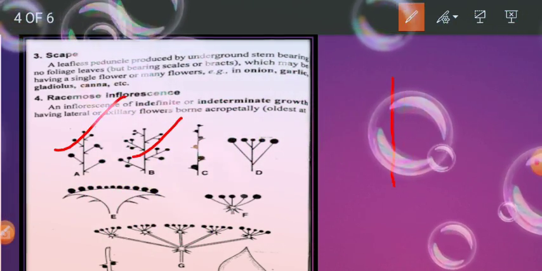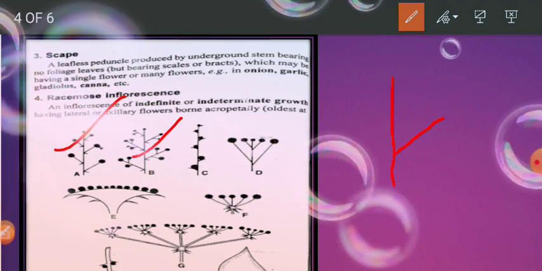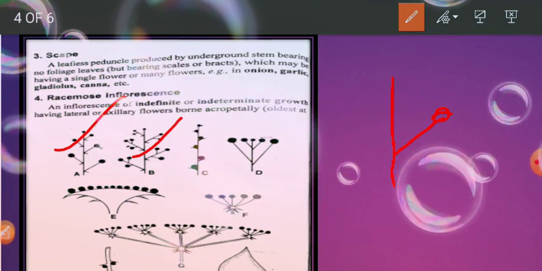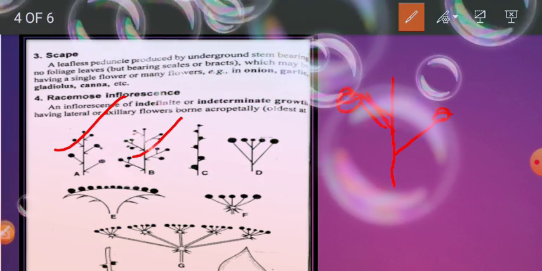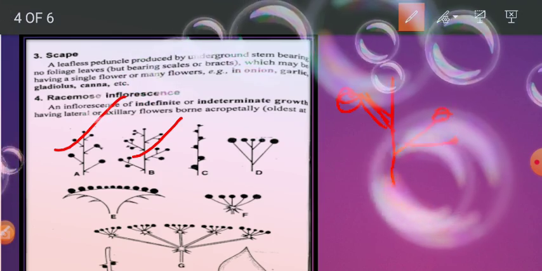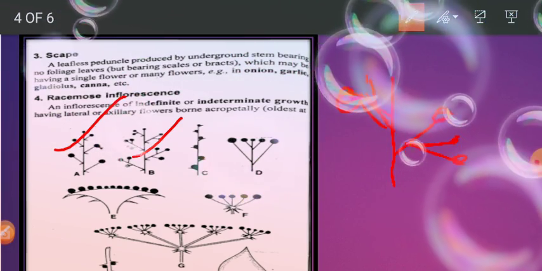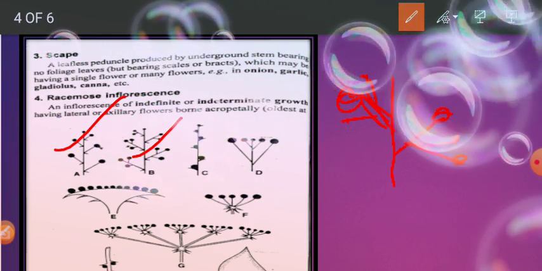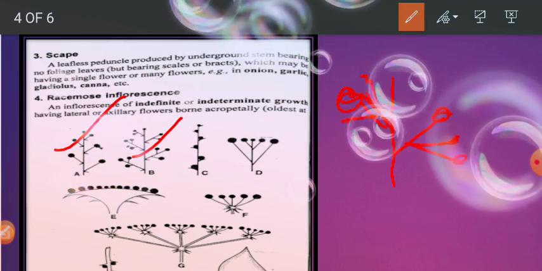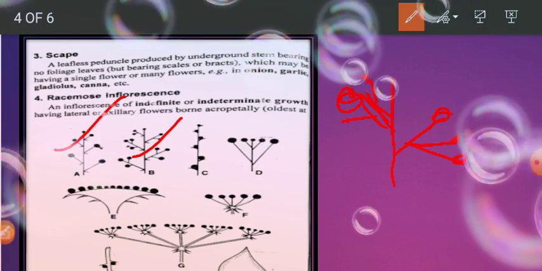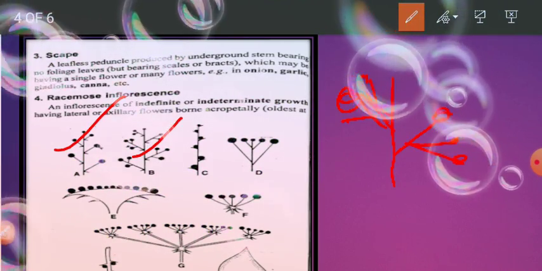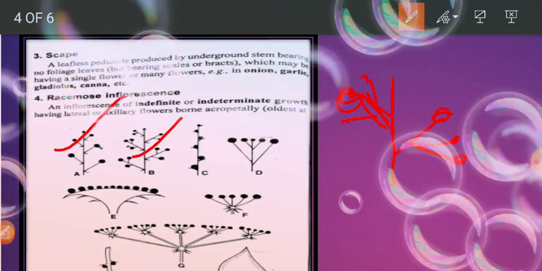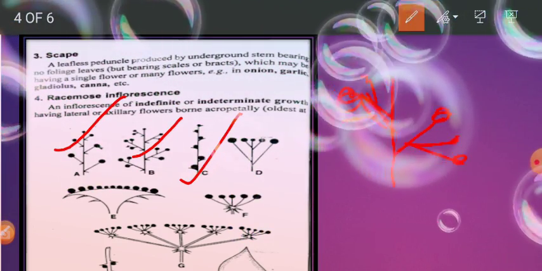In case of the raceme type, it's only the one axis, with flowers arranged in the alternate form. But in case of the panicle, it derives so many branches from this raceme type, and this type of arrangement of inflorescence is known as the panicle type. Then comes the spike type. You can see in this figure the spike type of